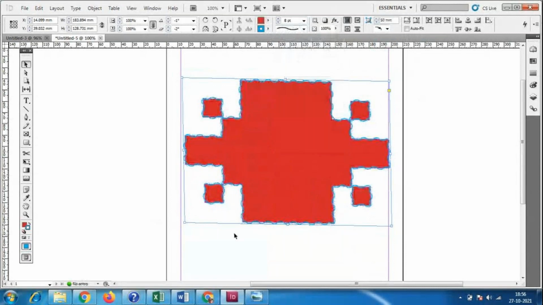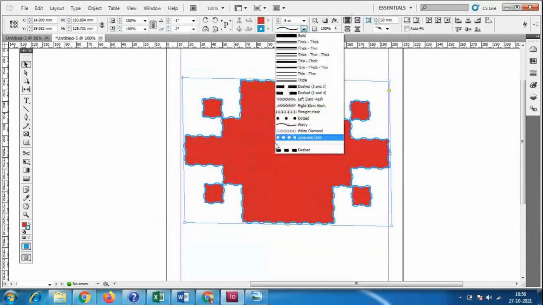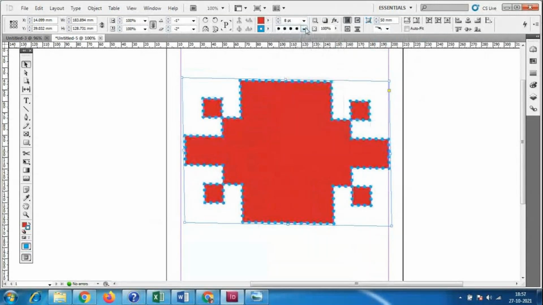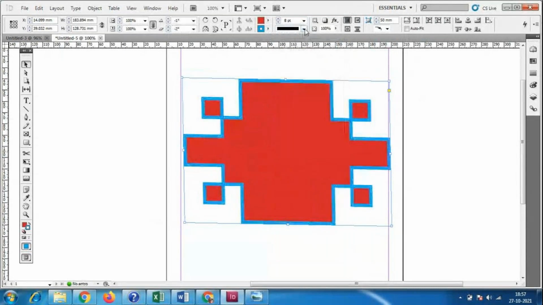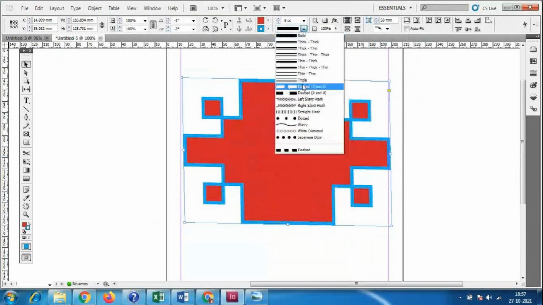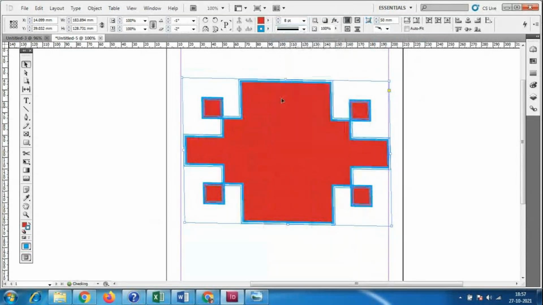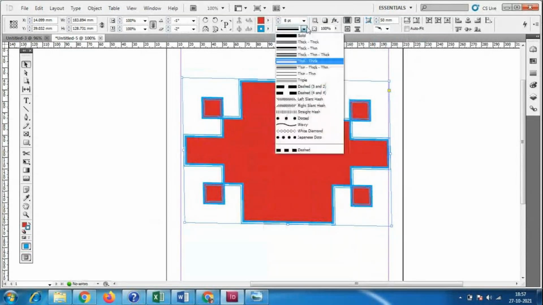This is also one design, and Japanese dots. This is also one design, and this line will be there. Like this single line, solid line, and yeah, thicker line. Like this we have multiple options.